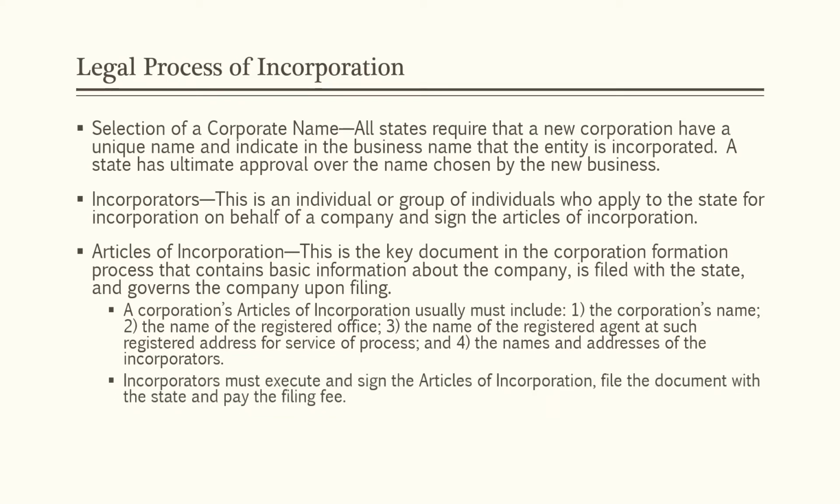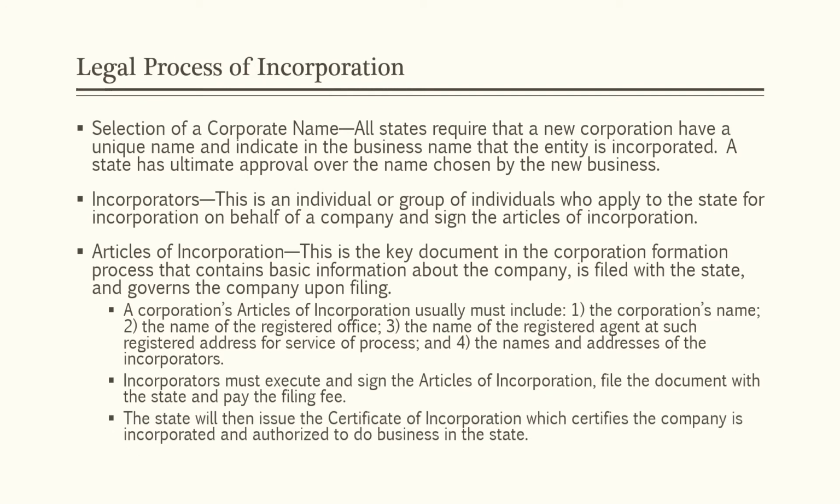Incorporators must execute and sign the Articles of Incorporation, file the document with the state, and pay the required filing fee. The state will then issue the Certificate of Incorporation, which certifies the company is incorporated and authorized to do business in that state. Now, I've listed the general items of what must be included in an Article of Incorporation, but in Kansas, the Articles of Incorporation also must include, in addition to the ones previously listed, the mailing address